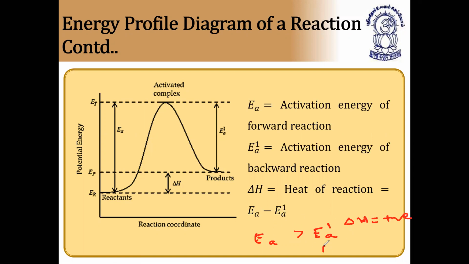If the energy of activation of forward reaction is less than the energy of activation of backward reaction, then delta H is negative, then it is an exothermic reaction. So by this you can say endothermic as well as exothermic. Here this value is greater than this value. So automatically EA becomes this, from here to here it is EA only. This is bigger than this. So automatically we can say in this reaction EA is greater. So it is endothermic, and the previous one is exothermic.